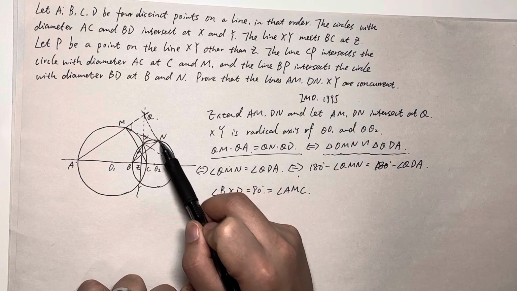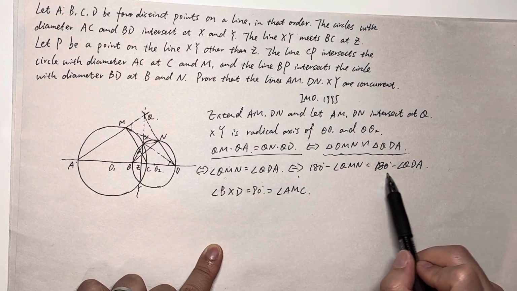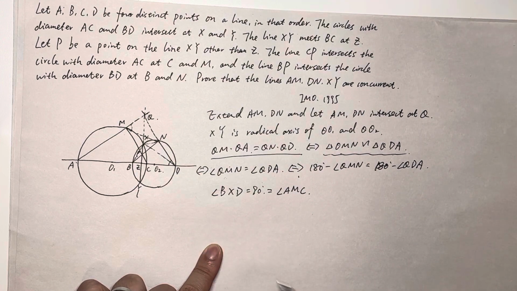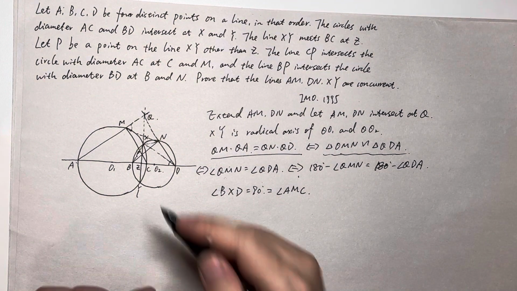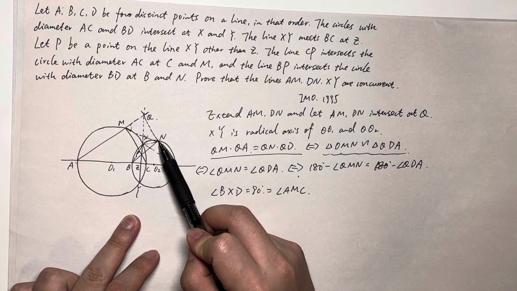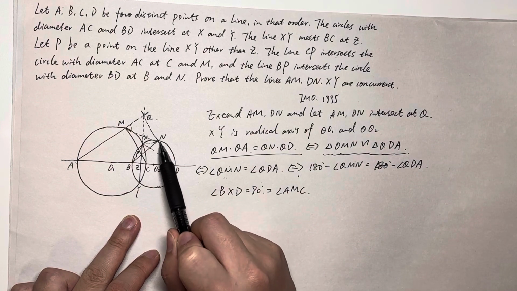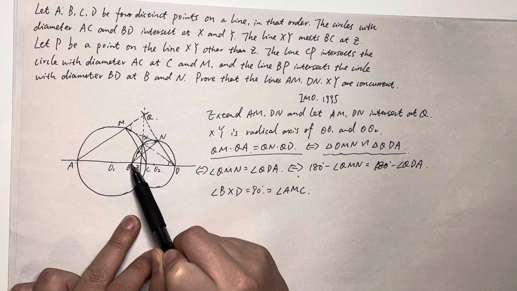Because angle NDB is inside the circle, so 180 degrees minus that one, we just need to find a cyclic quadrilateral inside the same circle, right? And here we find XBDN. So 180 degrees minus angle NDB equals angle NXB,